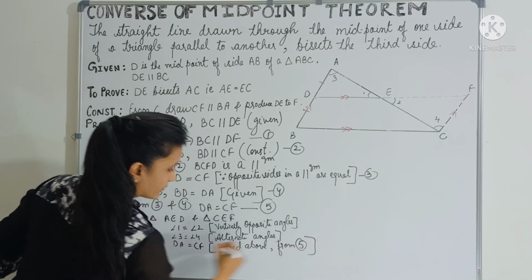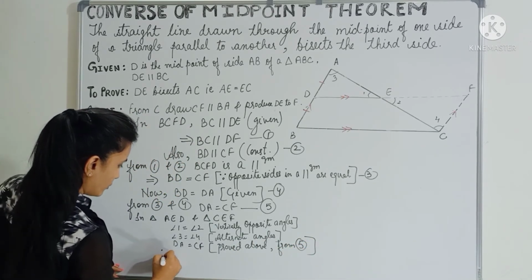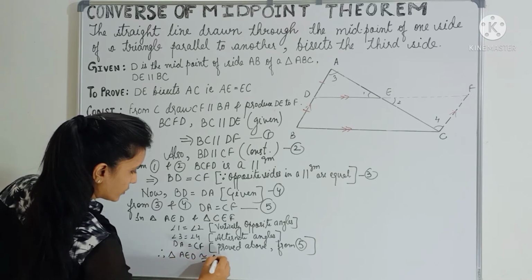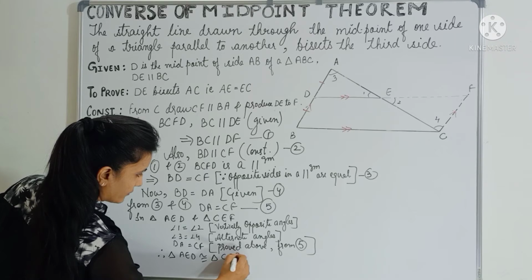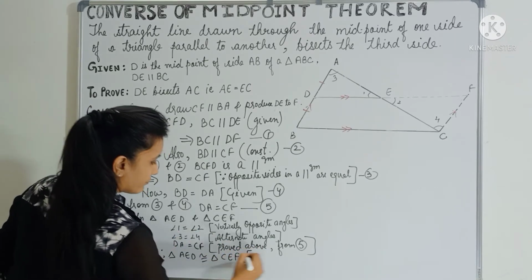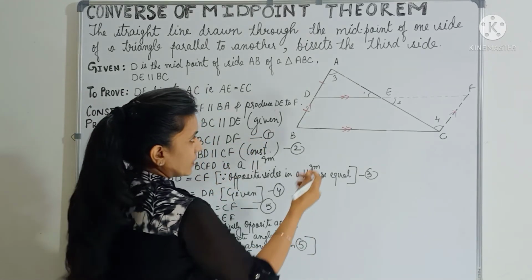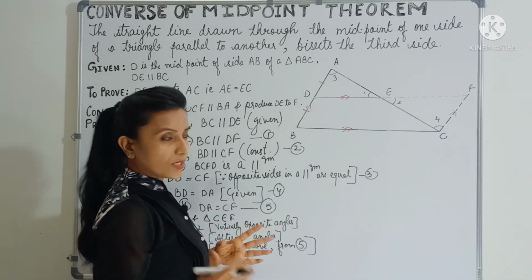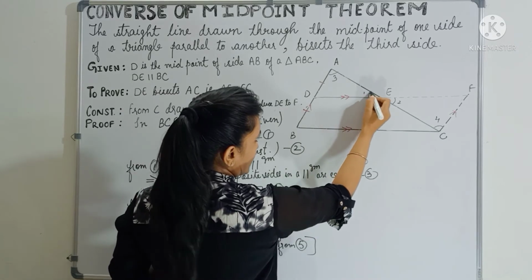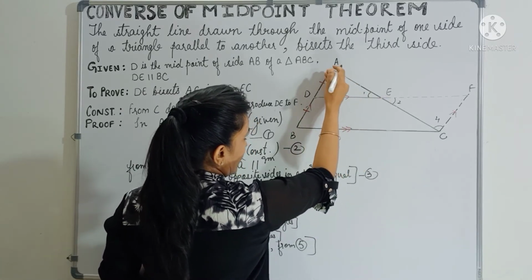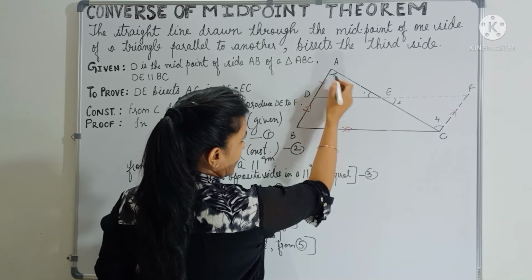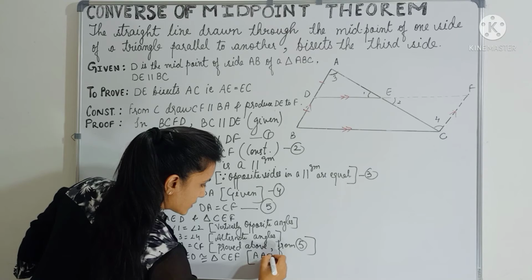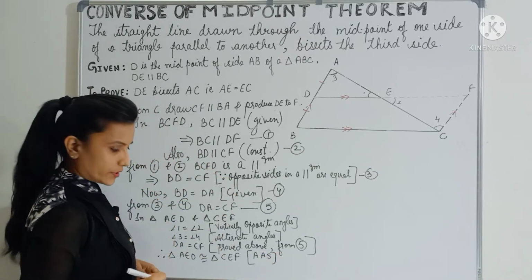Okay. So therefore, triangle AED will be congruent to triangle CEF. By which congruency? You can check here. Out of these two triangles, pick any one triangle and see which sides and angles you have taken. So we have taken this angle and this side, right? So it's AAS. So from AAS, these two triangles are congruent, right?